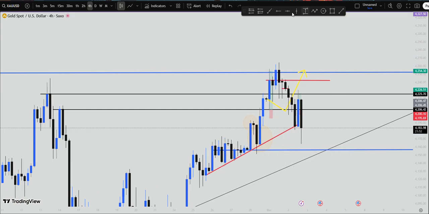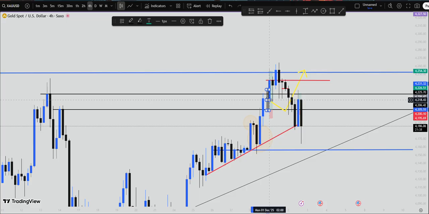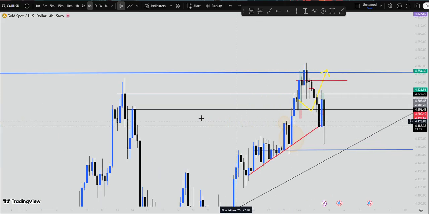On Sunday I told you the market was around here. I think this candle was around here, and this candle was not yet available. I told you that the market would come and retest. We were looking for retracements. The market would come and retest